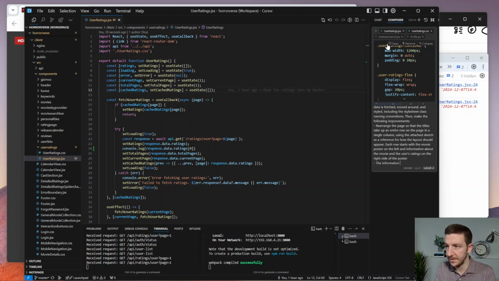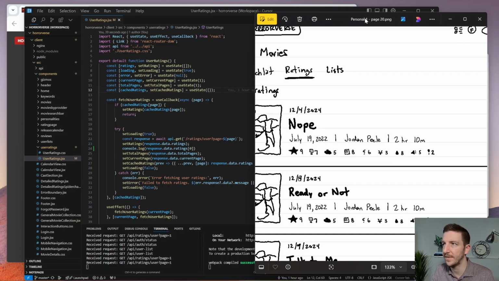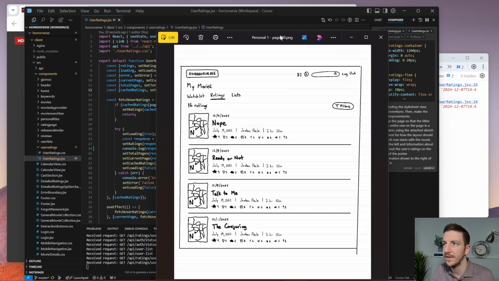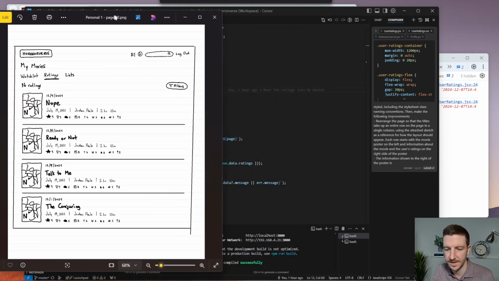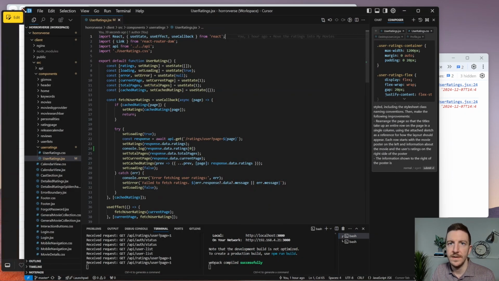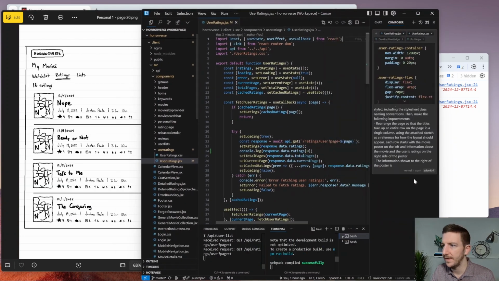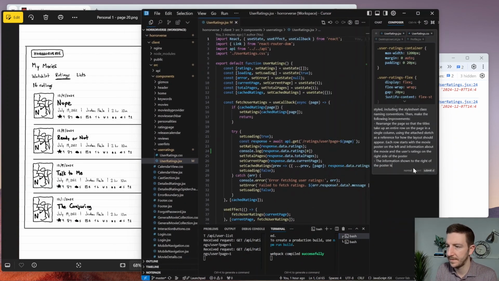The information shown to the right of the poster is, and now let's describe exactly what it is we're looking at here. So here's our sketch. And I want to be able to see that. So right here we go, is